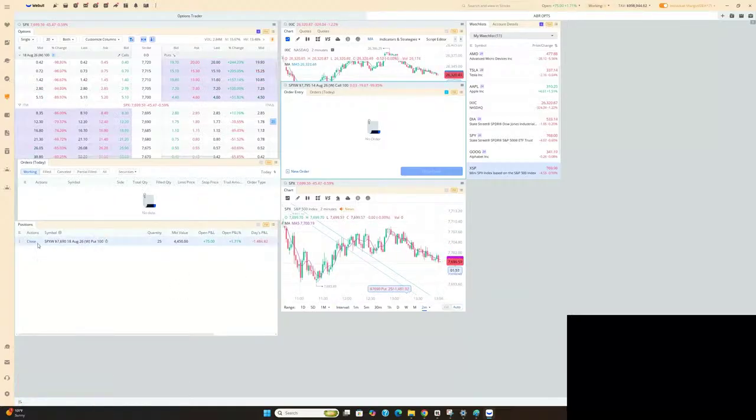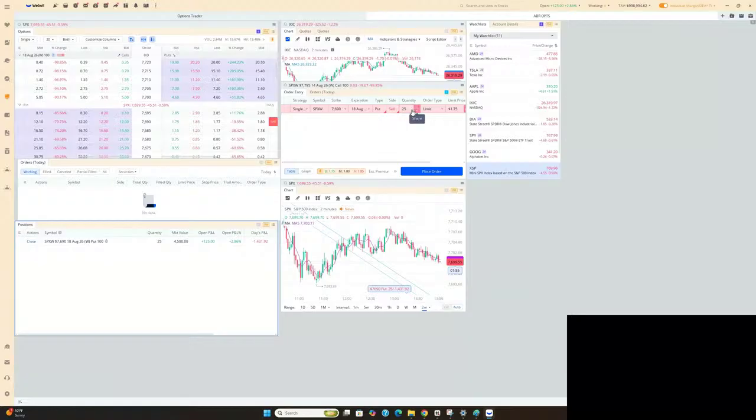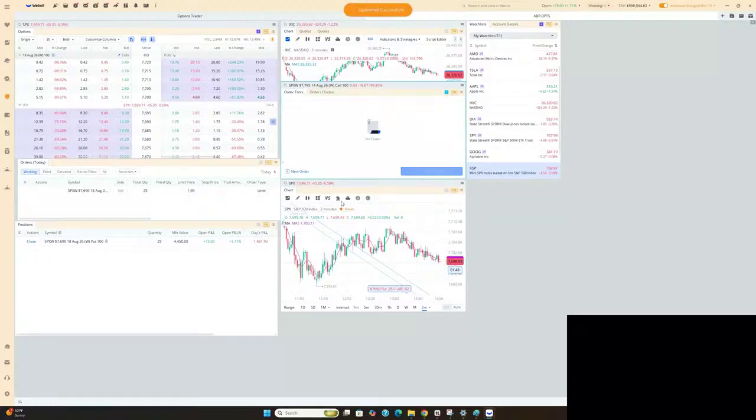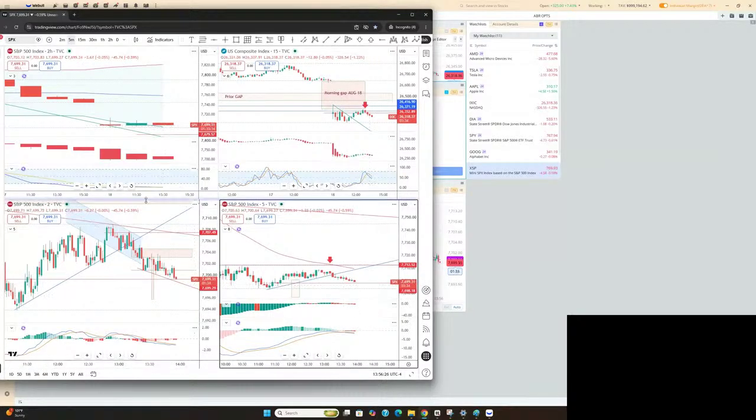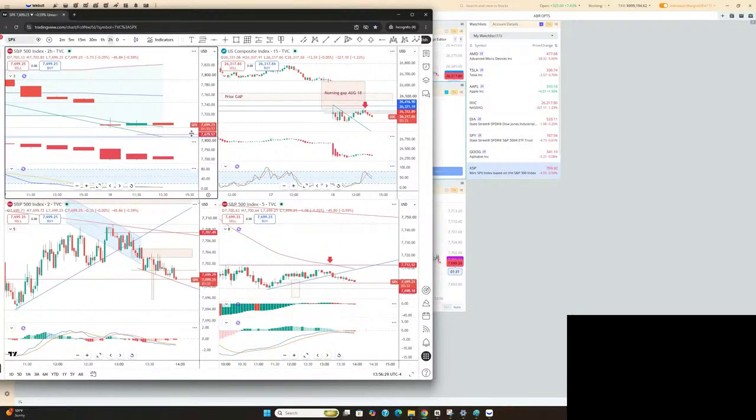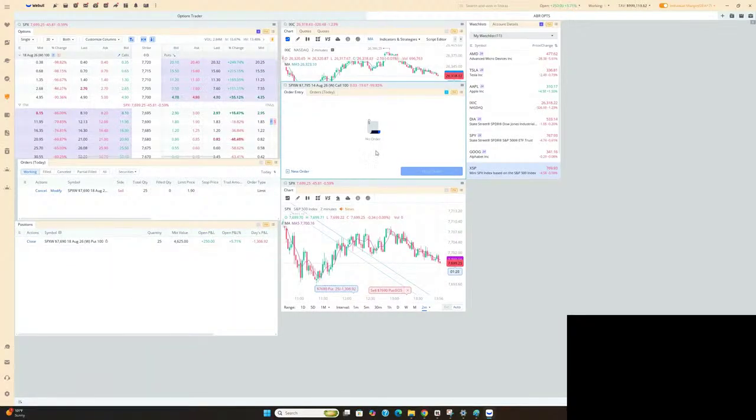Oh, did I get the fill? Oh, damn it. I got the fill even before I could cancel. Damn it. 1.90. Let's see since I'm on the right. Let's look at the long-term chart if it is favorable or not. Oh yeah, it is favorable. 2 minutes favorable, 5 minutes favorable, and even the longer time frame is favorable, and the NQ is favorable as well. So I think you can stay.